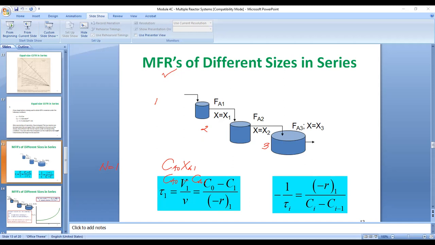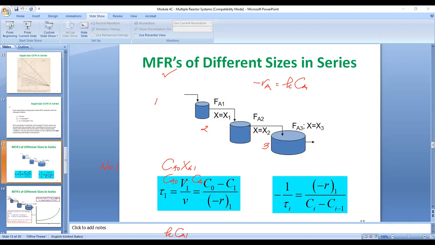As suggested by Levenspiel, if you're working on CSTRs in series, it would be best that you use concentrations rather than conversion in your performance equation. Now in the rate equation in the denominator, since this is the rate at tank 1 or CSTR1, let's say your reaction is first order, your R sub A is equal to KCA, then this must be